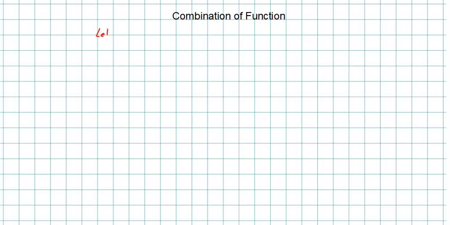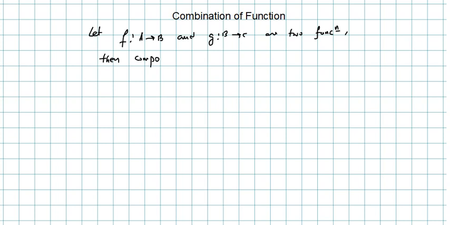Let f: A to B and g: B to C be two functions, then the composition of f and g, denoted by